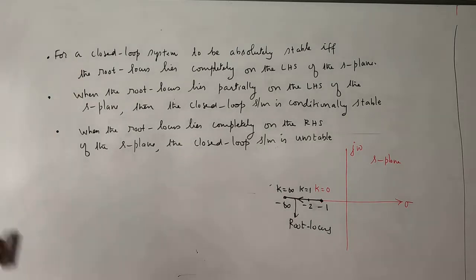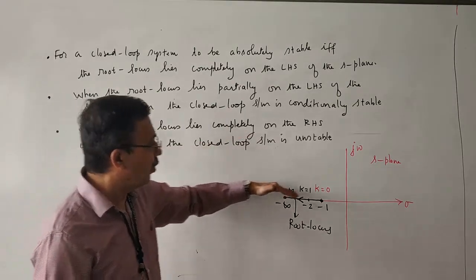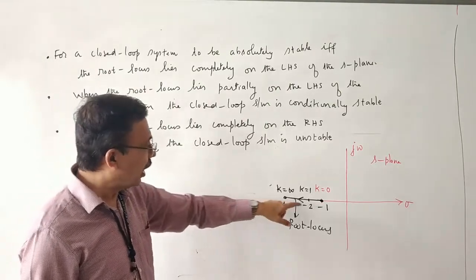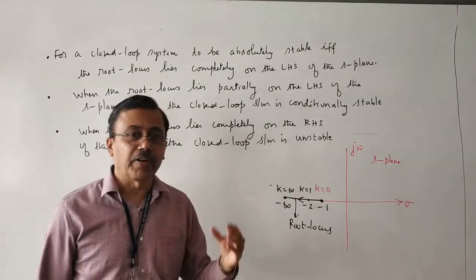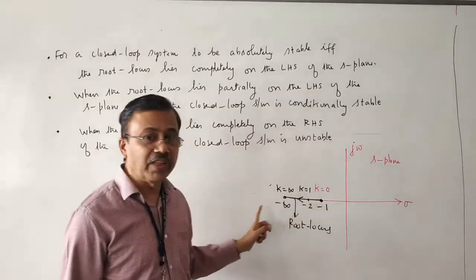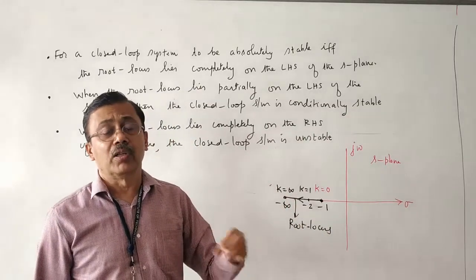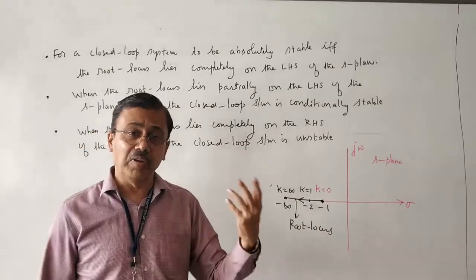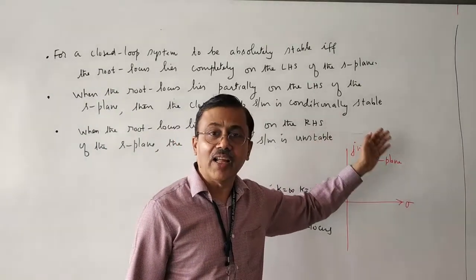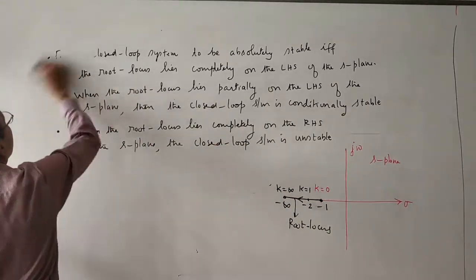Next question is, can the root locus completely confine itself to the real axis? The answer is no. Because I have taken a first order system. For a first order system, the roots of the characteristic equation are always real. For higher order systems, meaning second order and above, roots of the characteristic equation can be real as well as complex. This means root locus can lie anywhere in the S-plane. Very important aspect.